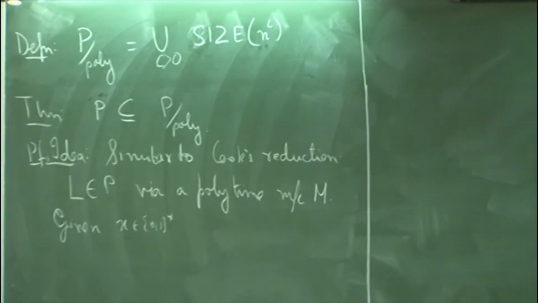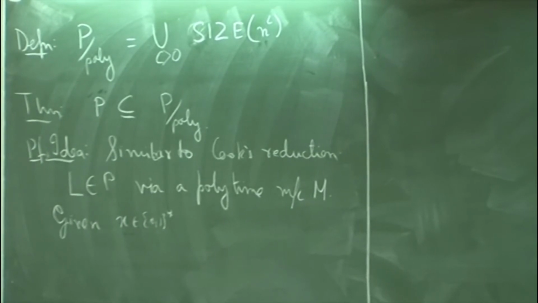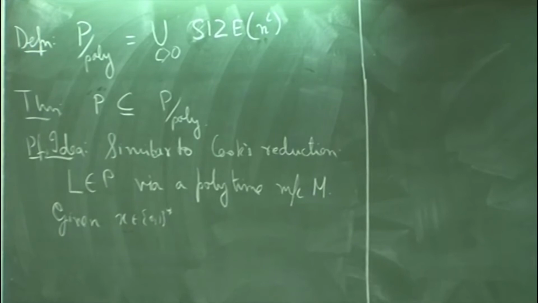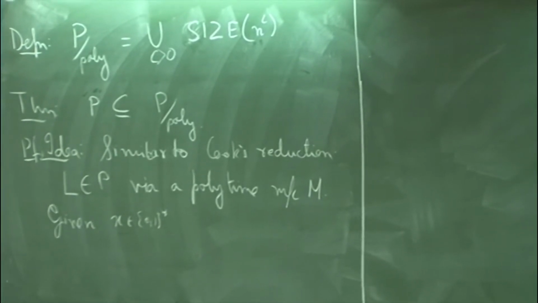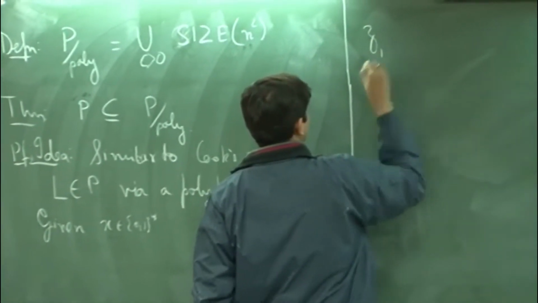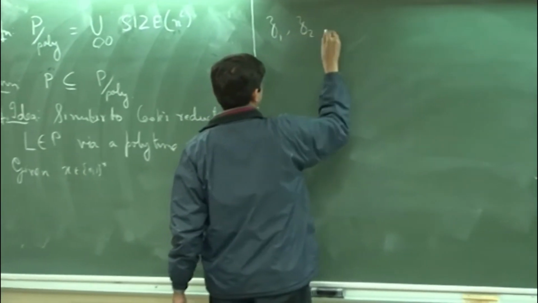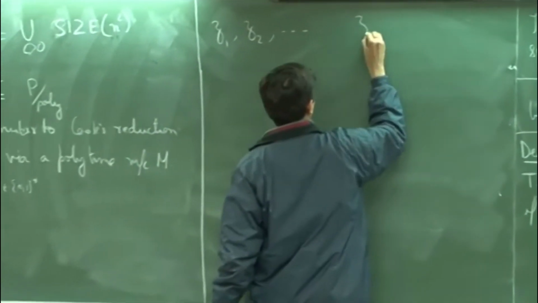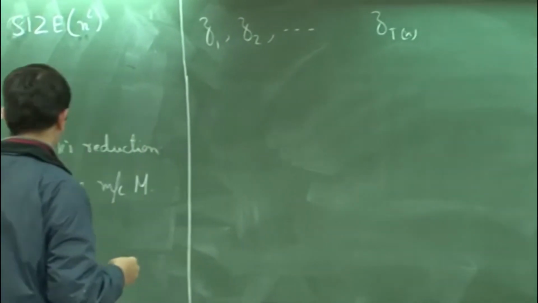Does it have any particular structure? Yes, it is exactly just one path, because from every configuration you can go to exactly one other configuration. So, let us write down the configurations. Let us say this is my starting configuration, this is the next configuration and so on. The final configuration is some Z T of n.